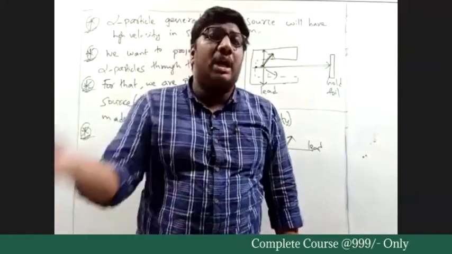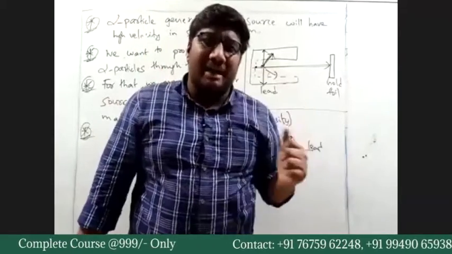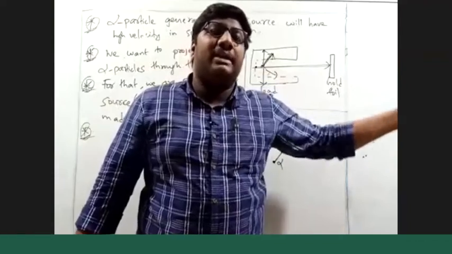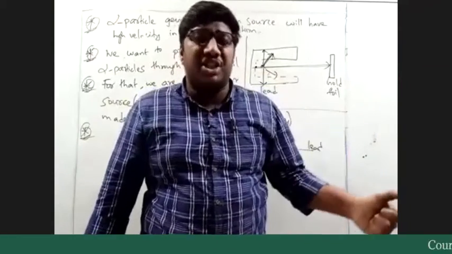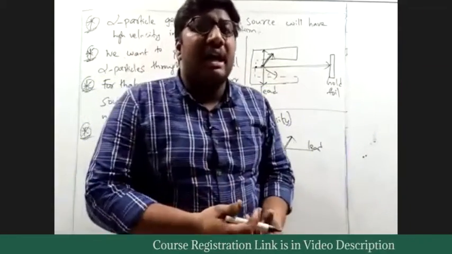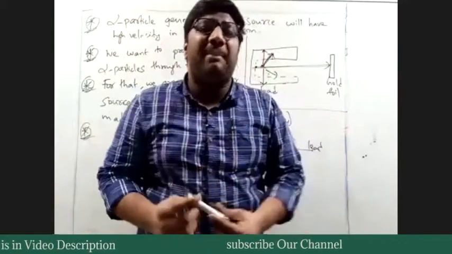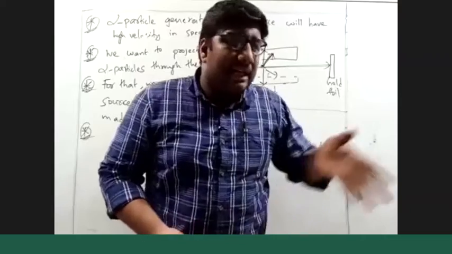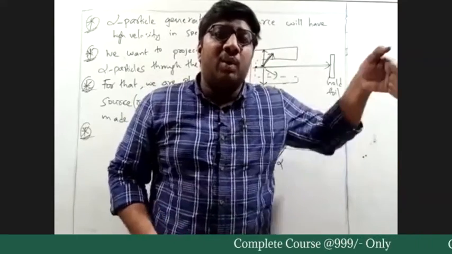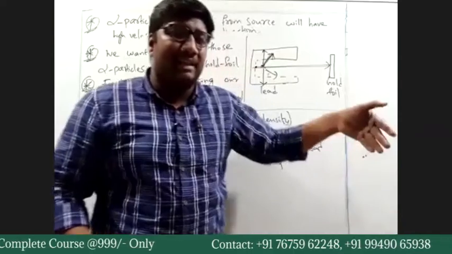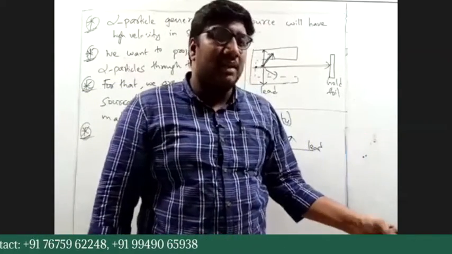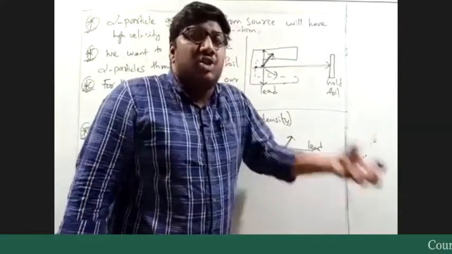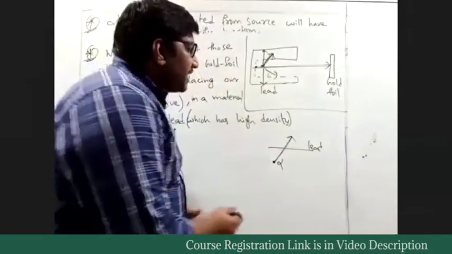I have a ball in my hand. I am throwing my ball at the wall. The ball comes back. Why? Because the wall is strong and has good density. If I throw the ball into water, it cannot come back with that velocity. Water is not rigid, so the ball will penetrate and go to some depth. Same thing: if lead does not have that density, it is not that strong, so the alpha particle will penetrate through the lead.